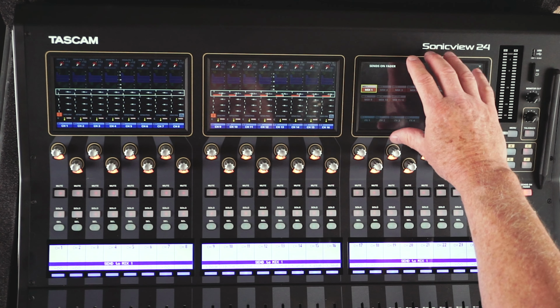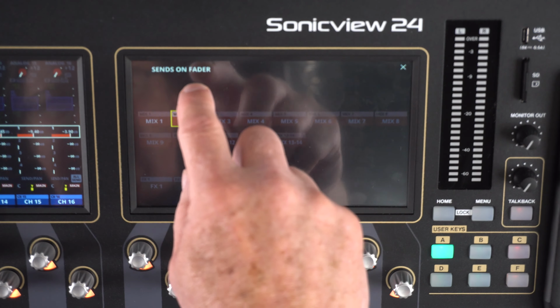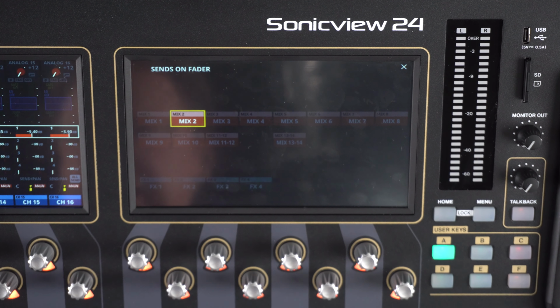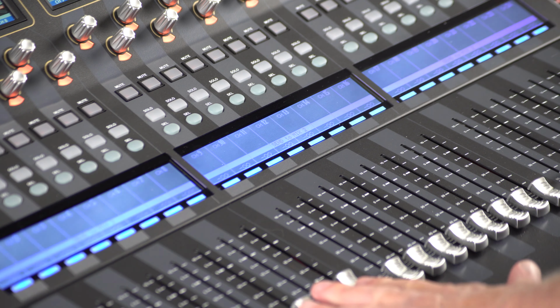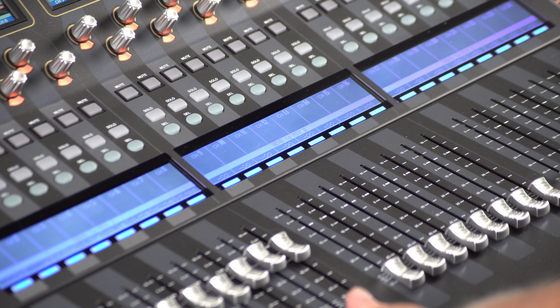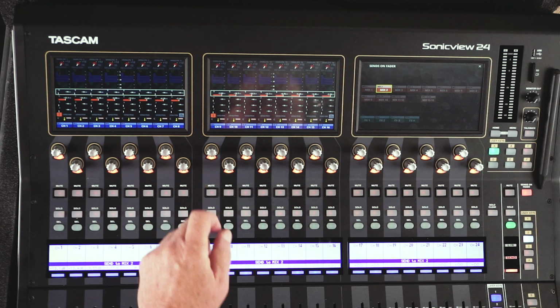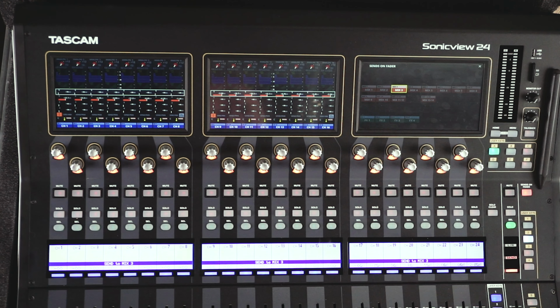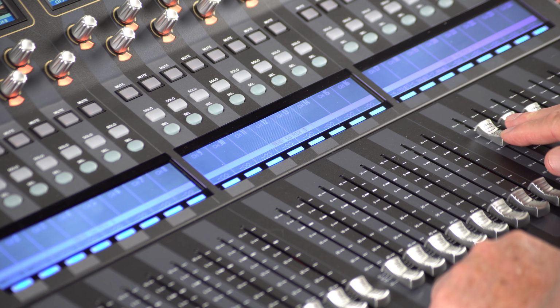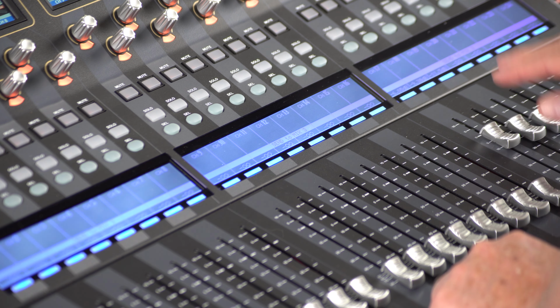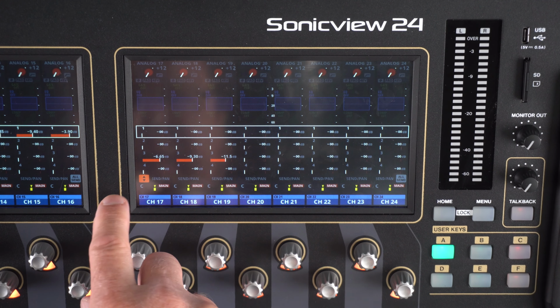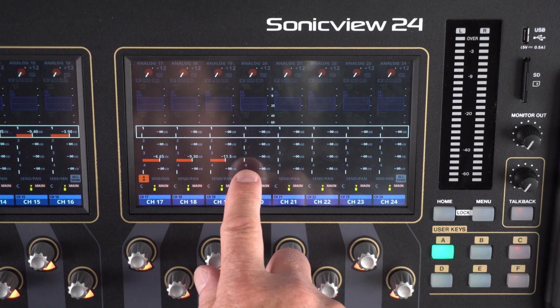And conveniently, and a great GUI, I can go to mix 2 now, and I can set all the drums, which are 1 through 8, to mix 2. That gets reflected here on that line. And mix 3 might be a couple of horn section players, and they're right here on 17, 18, and 19. And when I go to the home screen, just so that there's proof, there you go.